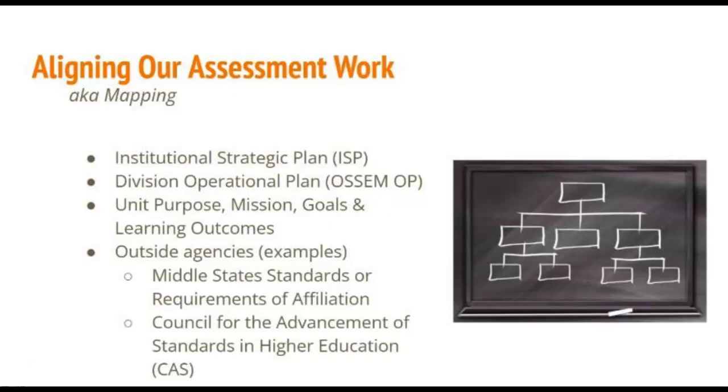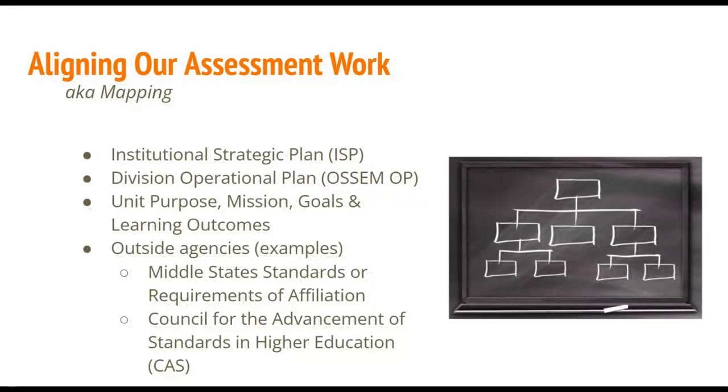We'll close this lesson by talking about alignment of our work. We interchangeably refer to this as mapping. This is just a fancy way of saying that we're connecting the assessment work that we're doing with higher level priorities of the institution or an outside agency. This assessment work might be testing an objective found in the institutional strategic plan or our division's operational plan. It might be related to your functional area's goals or student learning outcomes. You might be affiliated with a professional organization or an accreditor for which you're doing assessment work, like NACADA, NODA,